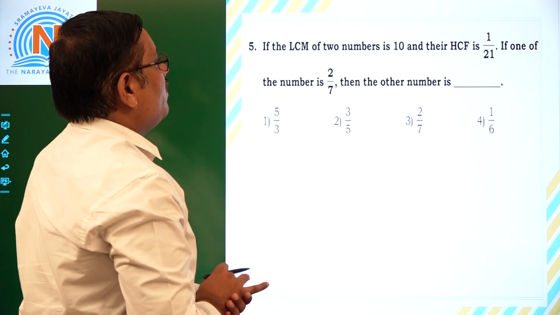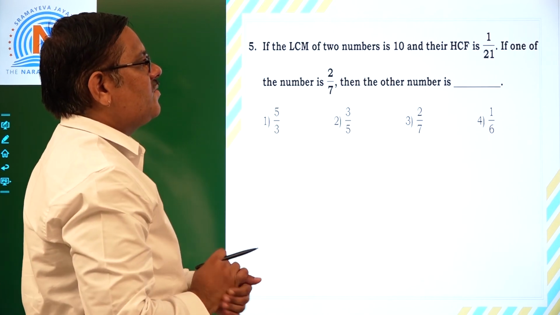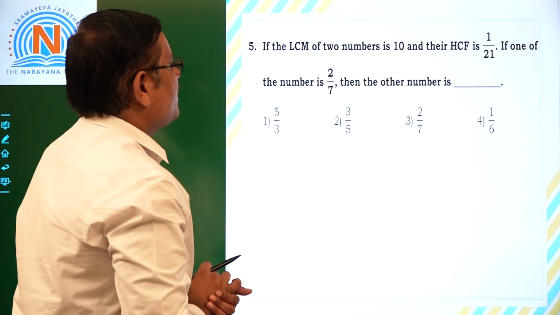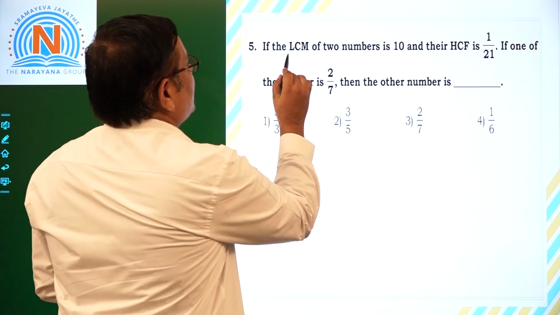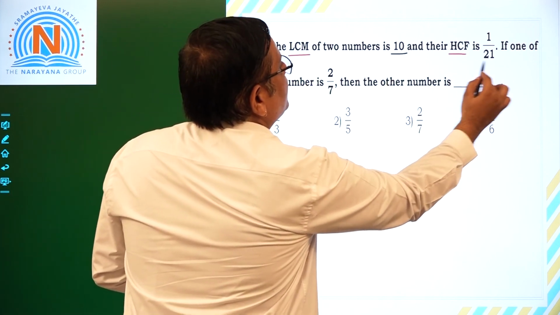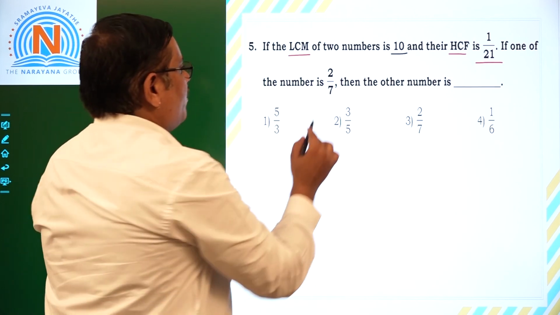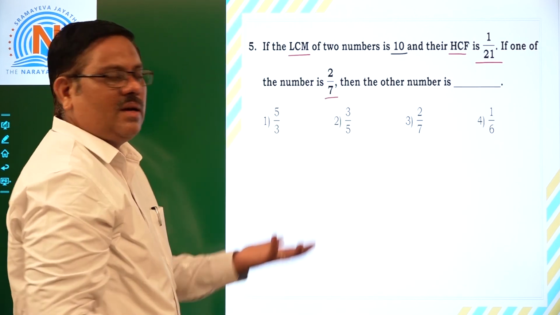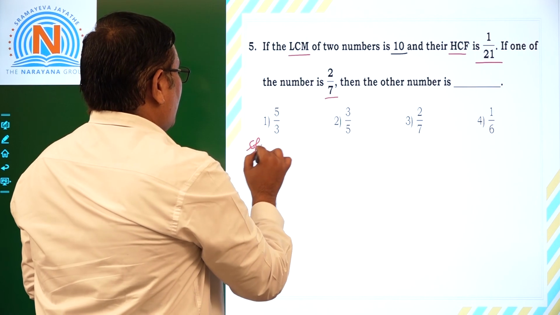The LCM of 2 numbers is 10 and their HCF is 1 by 21. If one of the numbers is 2 by 7, then what is the other number? LCM is given as 10, HCF is given as 1 by 21. One of the numbers is 2 by 7. What is the other number? Let the other number be